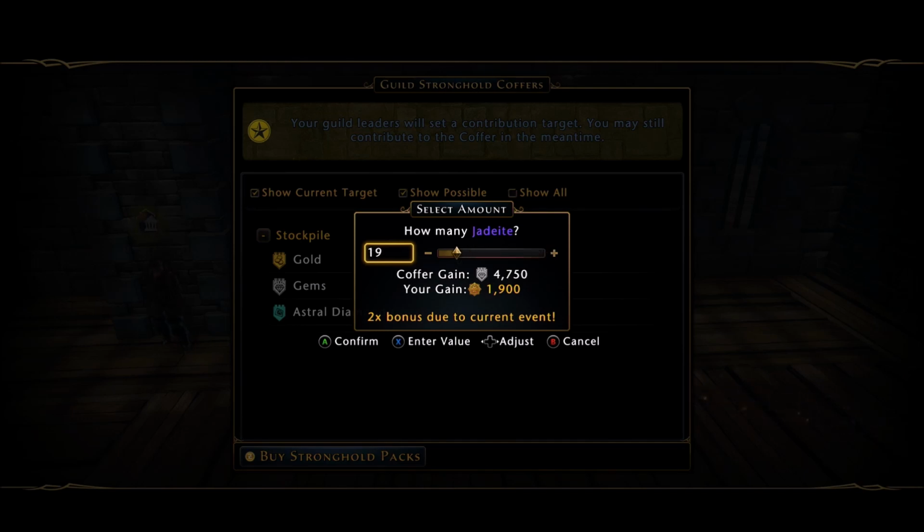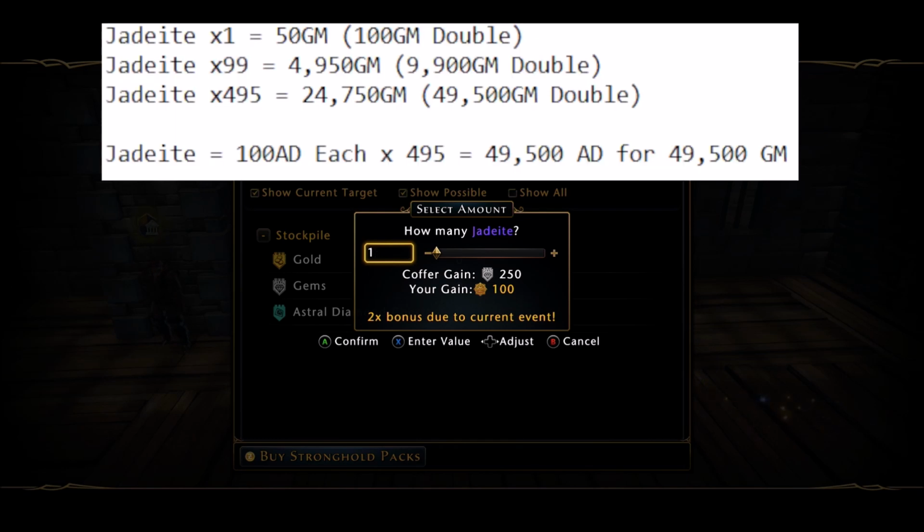Now remember, this is a 2x guild mark event. Cut this in half during regular. So it's 50 guild marks, 100 guild marks, double. So I've done the math for you on your screen now. If we bring it up,